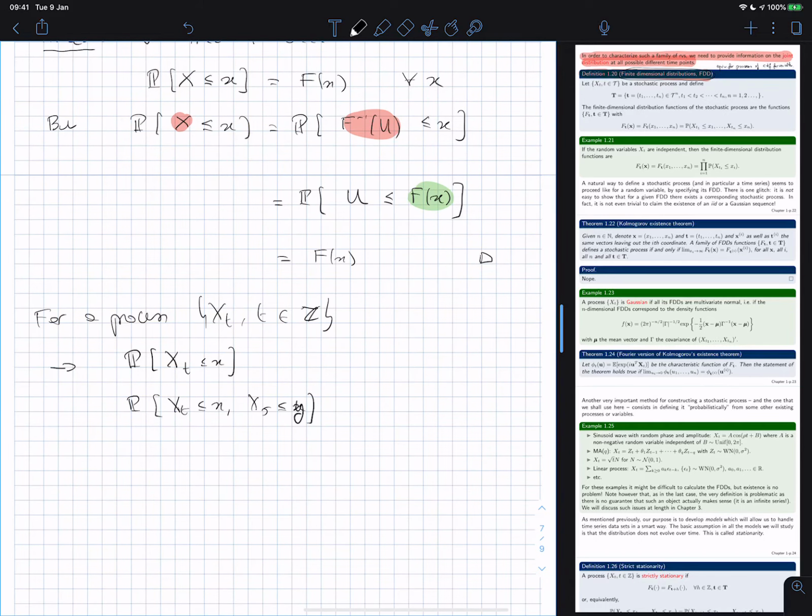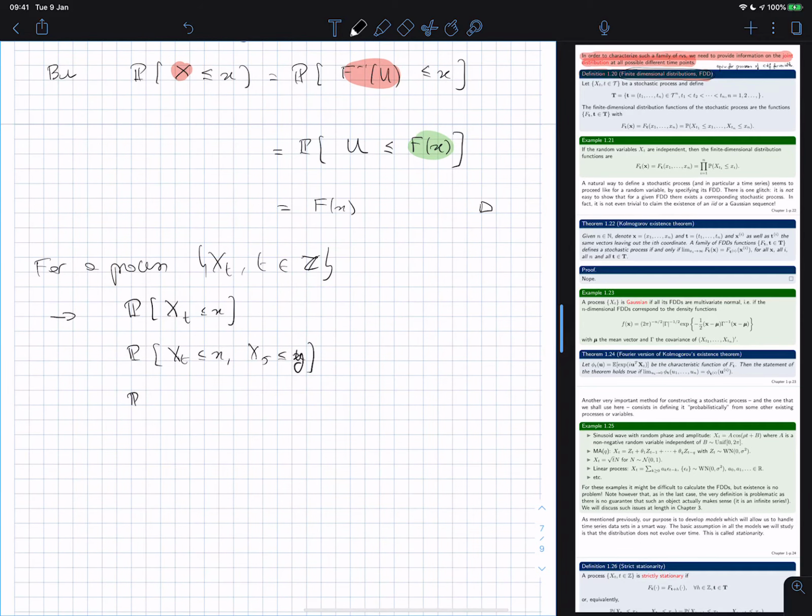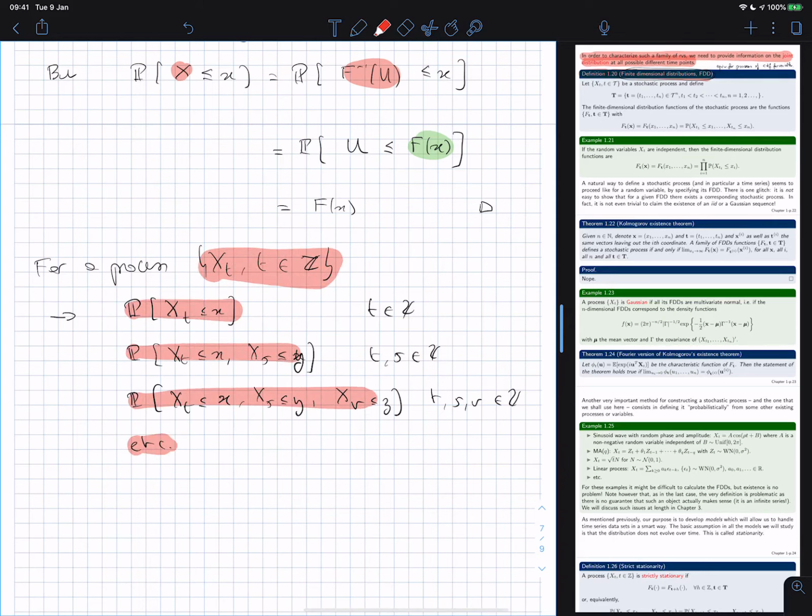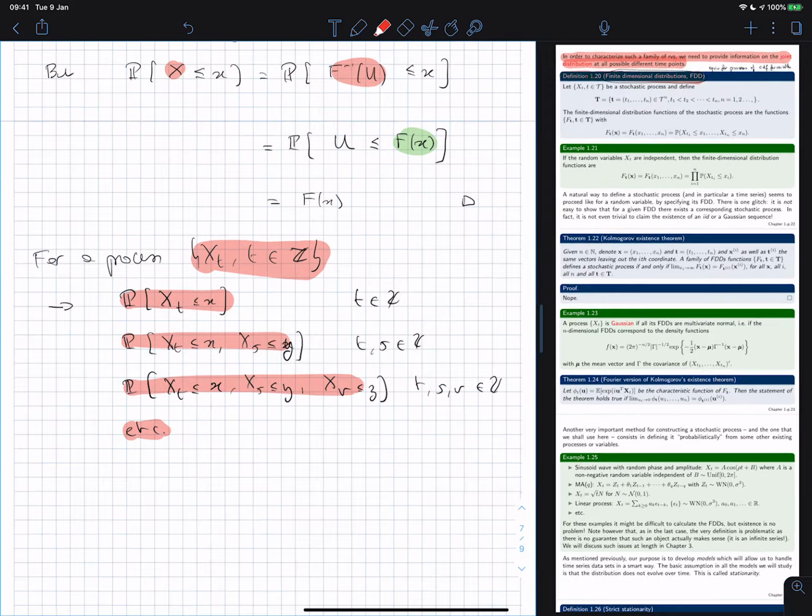Because that would also be an important component of the distribution of the process. We also need the triplets. Etc., etc., etc. In order to describe the joint behavior of a process, we need these guys, these guys, these guys, and so on. All these functions are